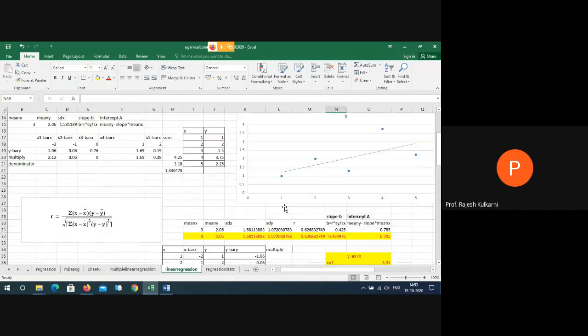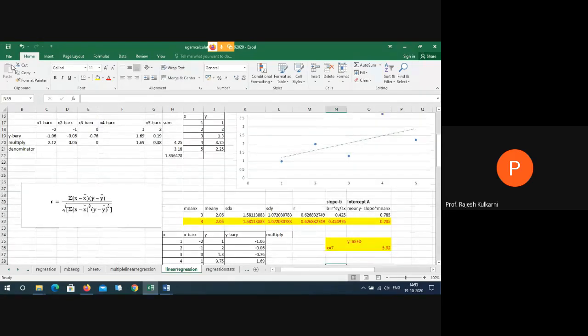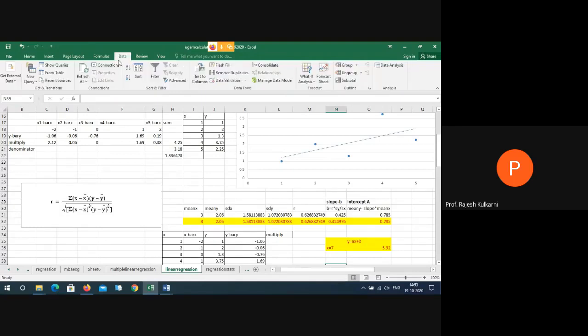So now we have done all the calculations, you know how we did it using formula. Now I am using one more technique. Look very carefully. In Excel, I am going to a menu called data. In data, at the far end, there is something called data analysis.